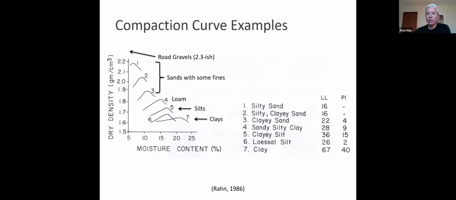And here's just some examples of various clays or soils. You'll note that gravels, they can be quite dense, in the 2 to 3-ish gram per cubic centimeter range. Sands, you're still getting a nice defined peak. As you get lower though, towards the finer grained soils, that peak's a little less pronounced and it becomes a little flatter. So, for 100% clays, you can be hitting it like crazy and not really gaining a lot of density increase.